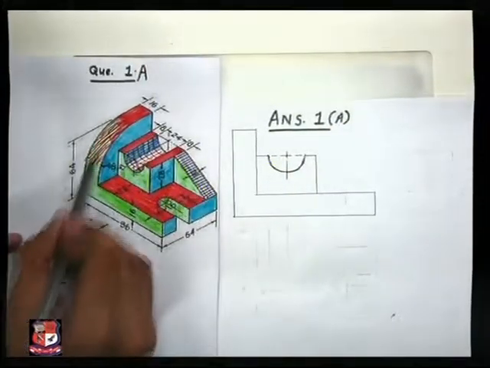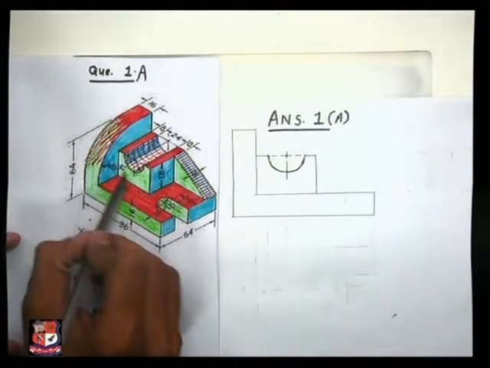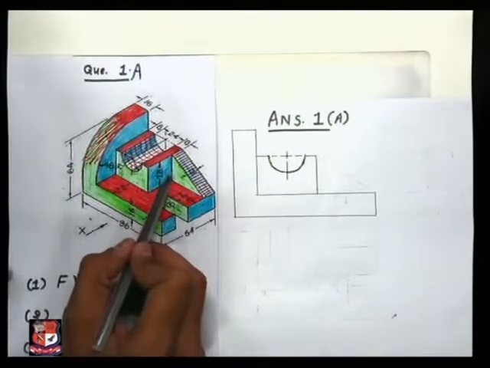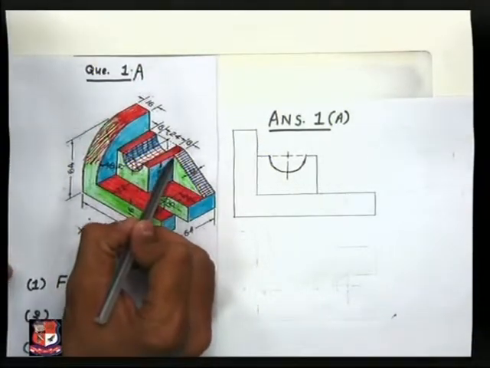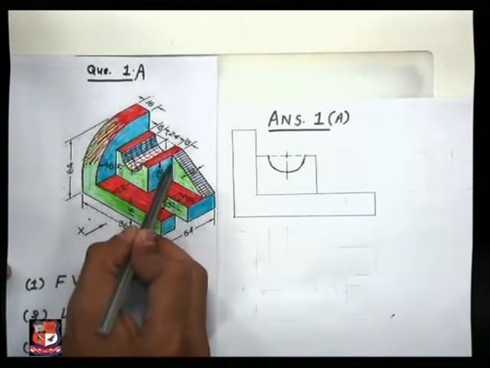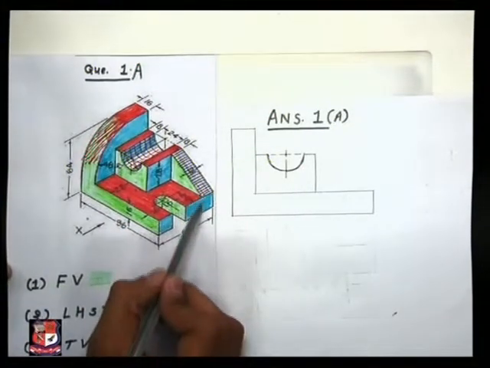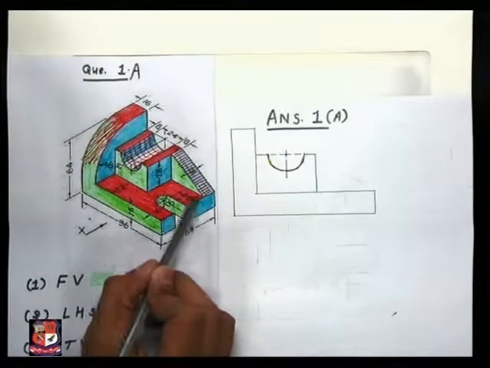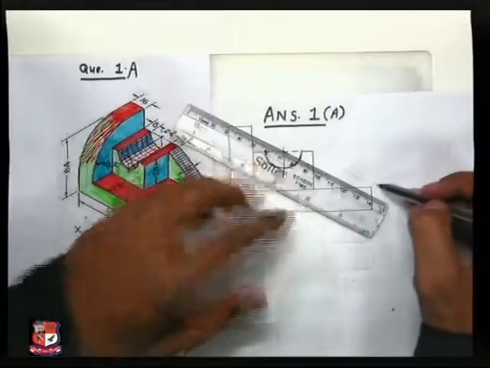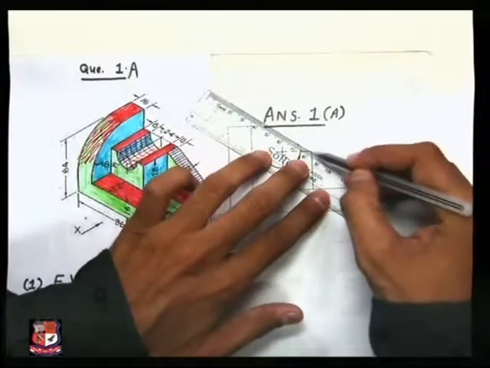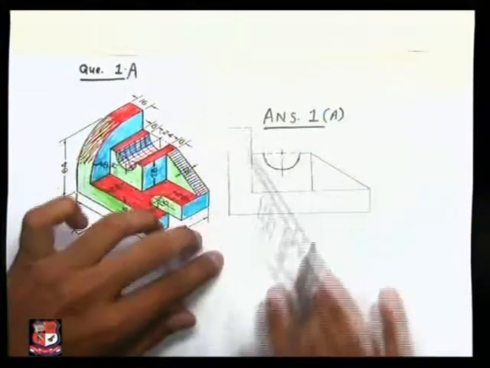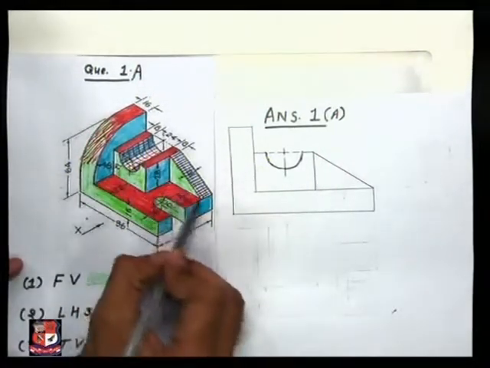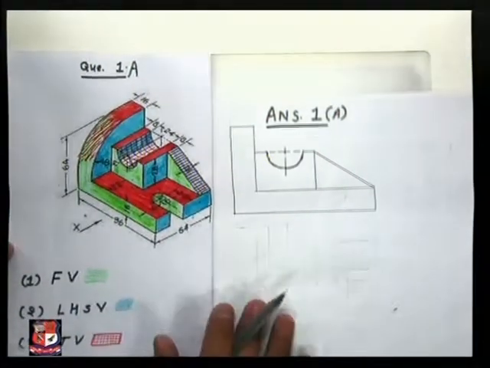So till now we have drawn this green colored portion. Now what about this right angle triangle? This triangle starts from this edge, you can see here, and it ends at this edge, means at a height of 16 millimeter on this side. So this point to this point would appear in this front view like this. So join these two points with a straight line as shown over here. So this is the representation of this right angle triangle green colored portion.